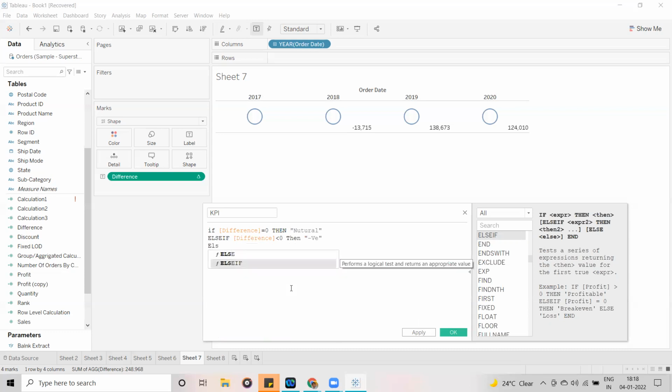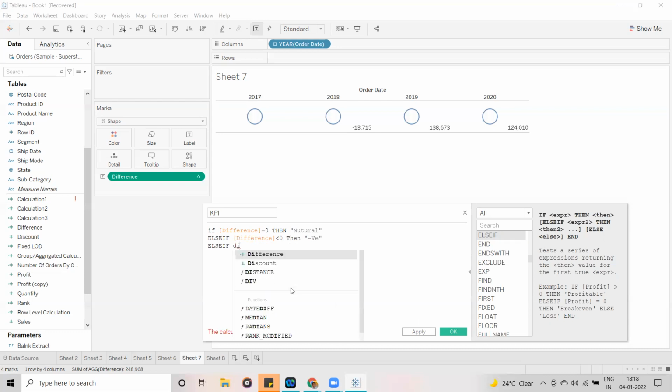Else if difference greater than 0, then positive. End. Guys, remember, whenever you write any calculation with if or case, the end statement is mandatory. Now I'm done with my calculation.